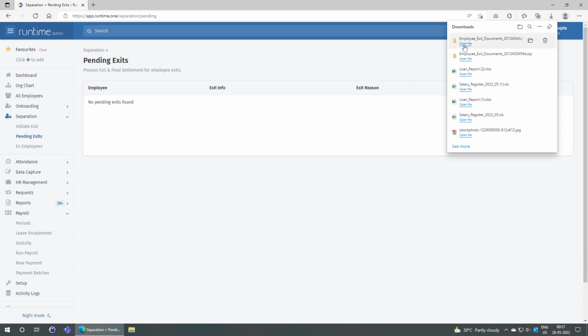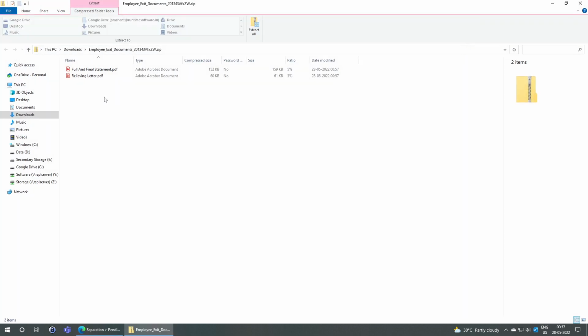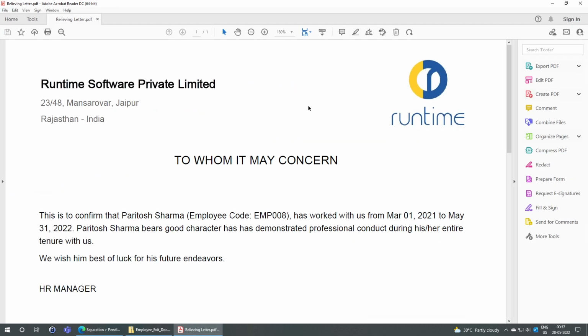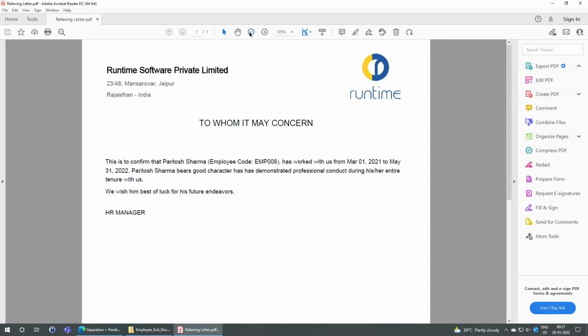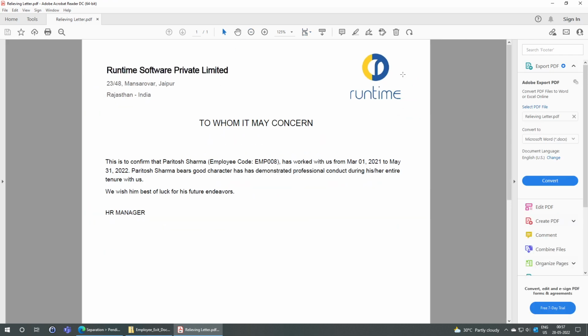So a file is downloaded. If I open it, there are two PDF files attached here. One is the relieving letter which we just selected and one is a full and final statement which is always generated. So let's click on relieving letter and see, based on the format defined in HR letter, this letter is